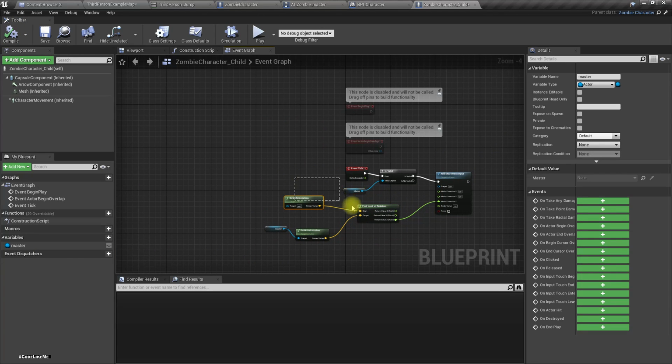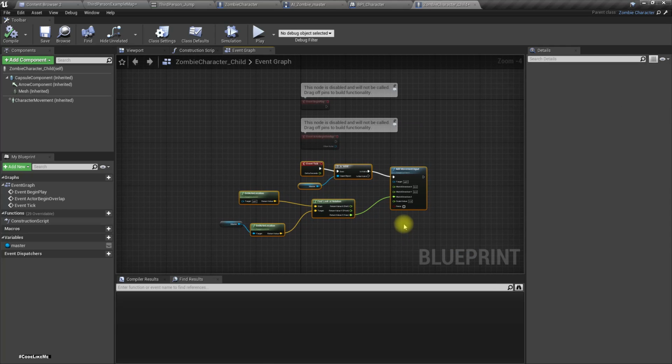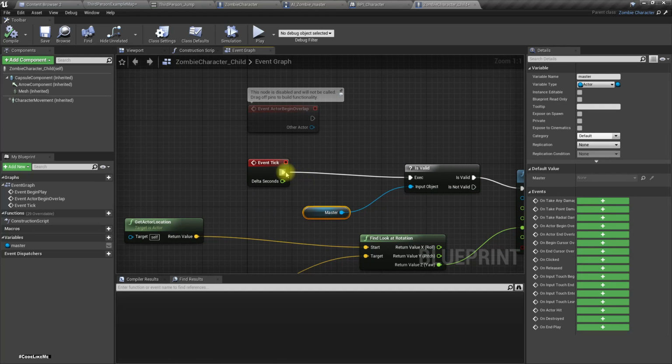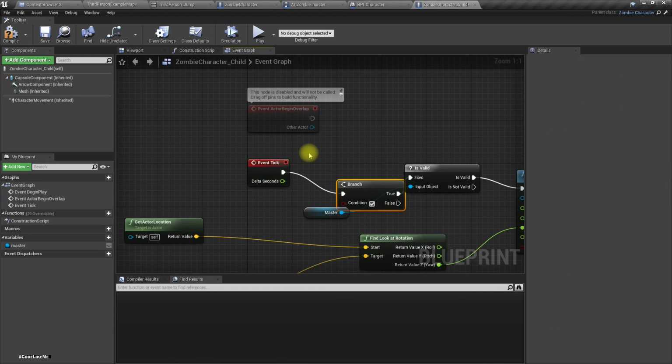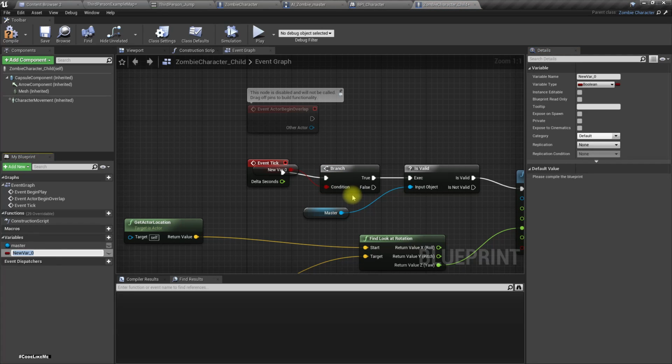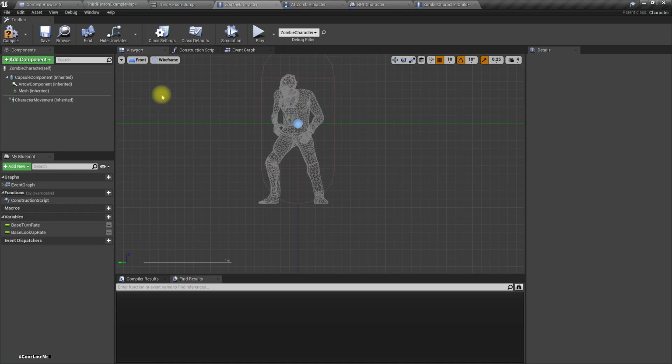Also, let's add another parameter. Move. I'll set this to false. Now, in the zombie master character,